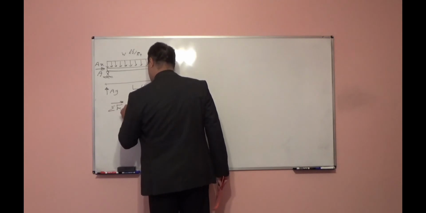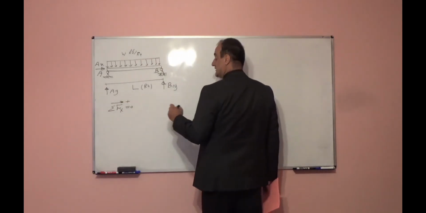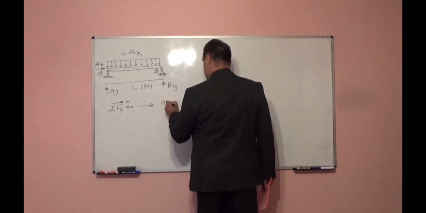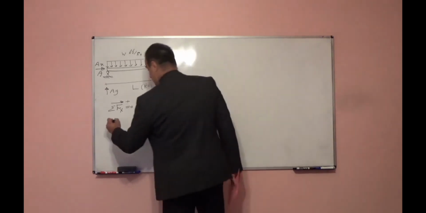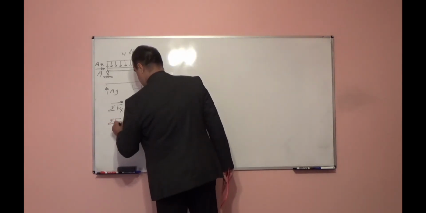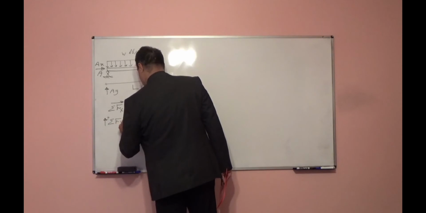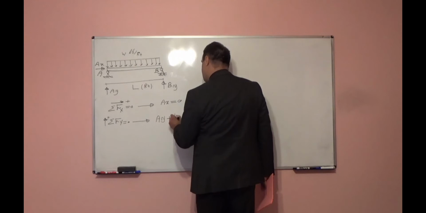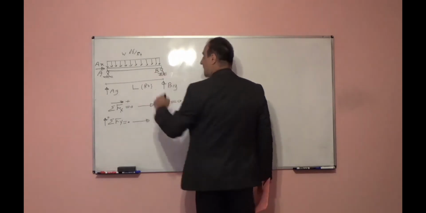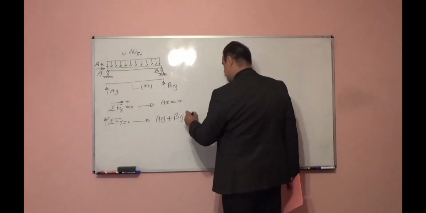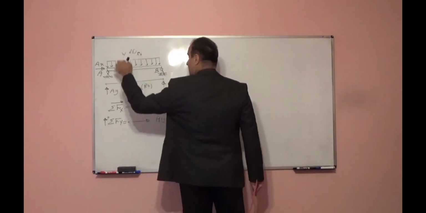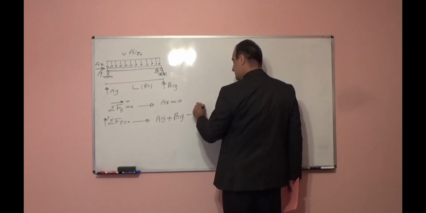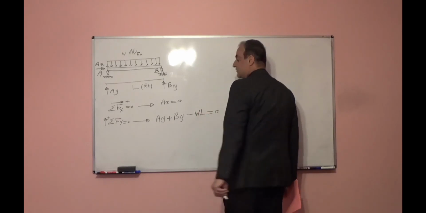Equilibrium of forces in horizontal direction is equal to 0, so summation of force in horizontal direction is equal to 0. AX will be 0. Summation of forces in y direction equal to 0. This means AY plus BY, both of them upward, positive, minus the intensity of the load times the length of the load, W times L, which is the resultant force,